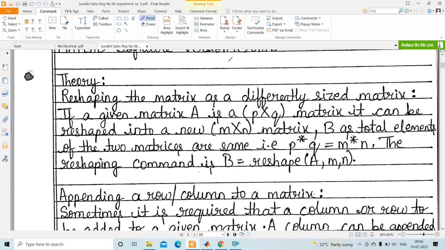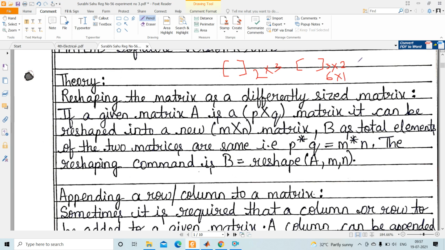That means see, one matrix here, I will write over here, it is 2 cross, let it be 3. Okay, so I can reshape it into 3 cross 2, because 2 into 3 is 6, 3 into 2 is 6. Or I can change it into 6 cross 1, because 6 into 1 is also 6.